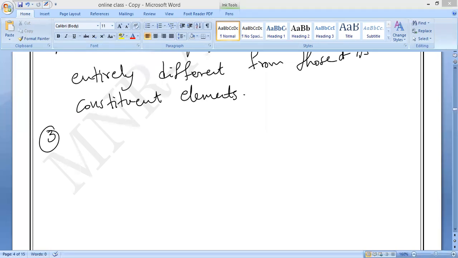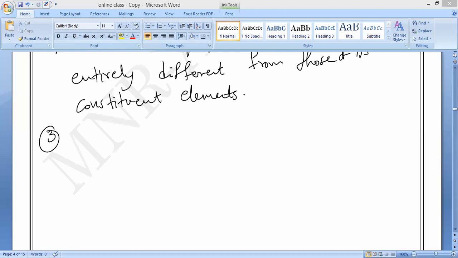Yes or no? From this you can say that when a chemical change is happening, in some reactions energy is given out, and in some reactions energy is absorbed. While preparing a compound, some reactions absorb energy and some reactions release energy. That is what we can say. Is the formation of a compound a chemical change or a physical change? Formation of a compound is always a chemical change. That is what you have to remember.